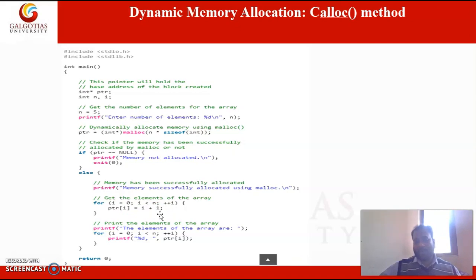The loop will iterate through 5 values, 0 to 4, and it will initialize values to the variables. And in the next statement we are printing the values that are stored to the pointer variables. So in this way we are using the malloc method.